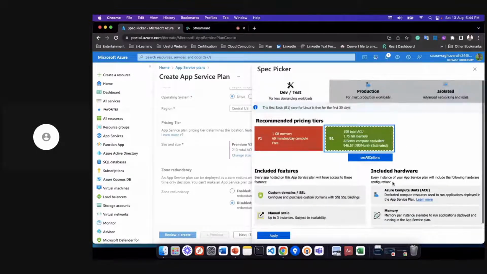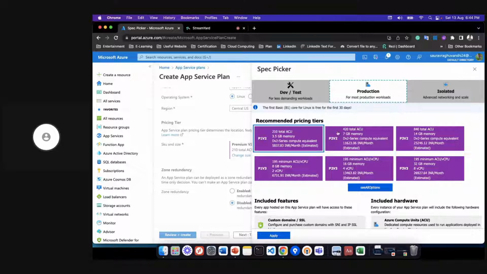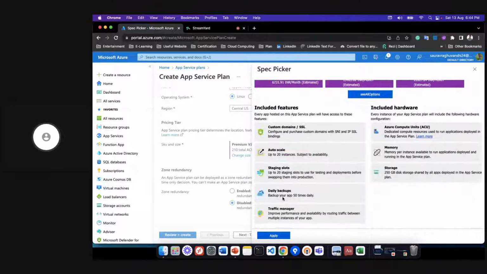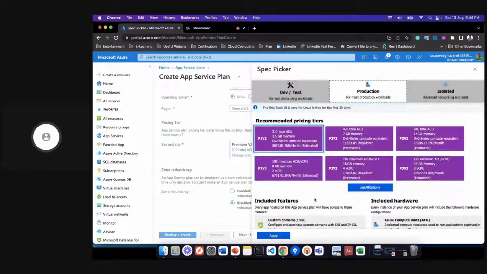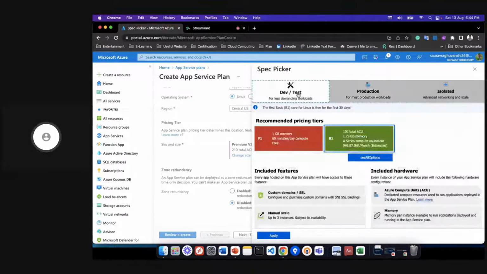The higher level you go, the more options and flexibility will be provided to you. If you use anything on the production level, you will get more options, more availability, and more use cases. It will provide you staging slots, backup, and traffic manager, and you will get auto scaling options. So the higher the plan you go, the more options you get in terms of deploying your web apps. So for this demo, let's choose B1S